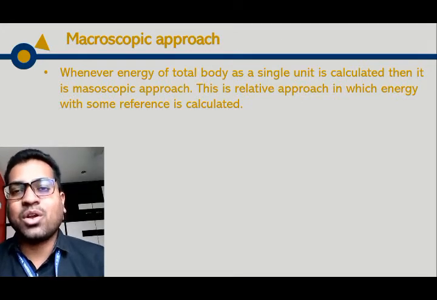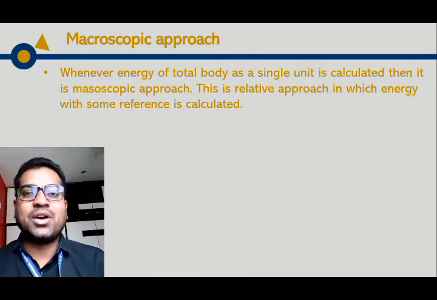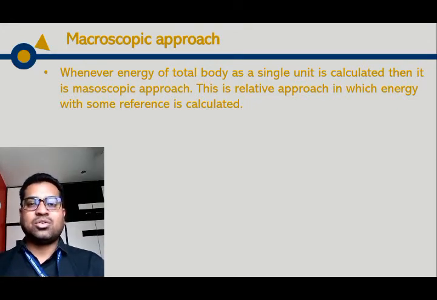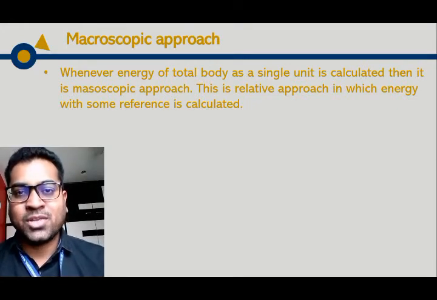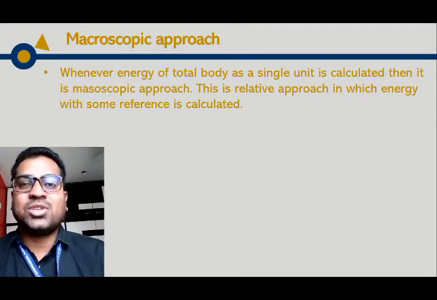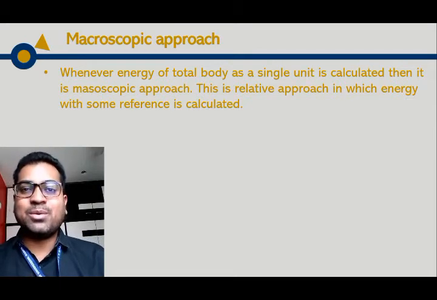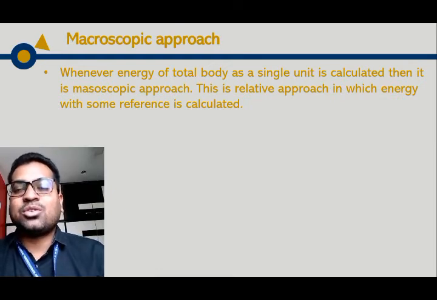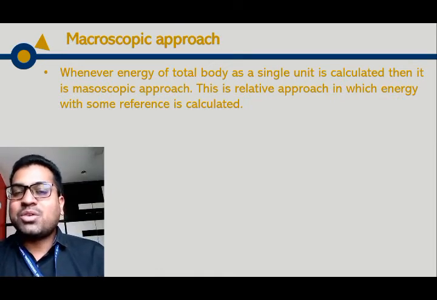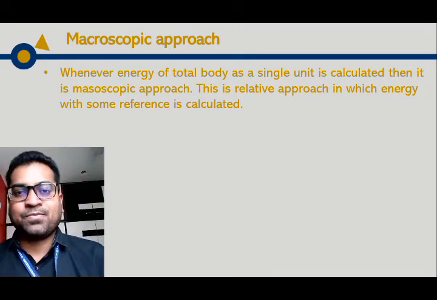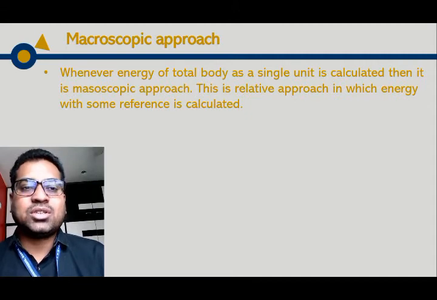While calculating velocity, the velocity will have a relative value. So there will be the velocity of the car with respect to the rotational velocity of the earth. If the car is moving with the same velocity as that of the rotation of the earth, it means the relative velocity will be zero. If we consider the earth as a frame of reference, then we can conclude the car moving with the same velocity as the earth will have zero kinetic energy. So this is about the macroscopic approach.